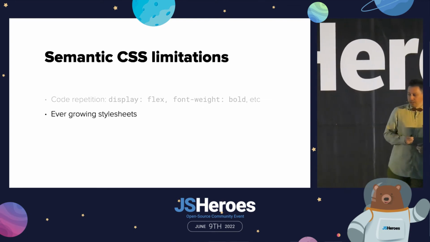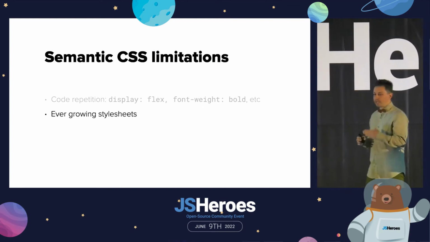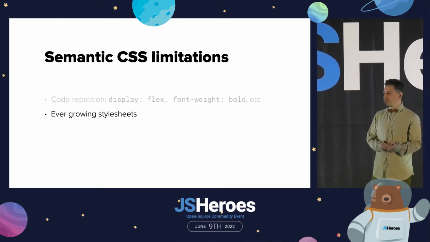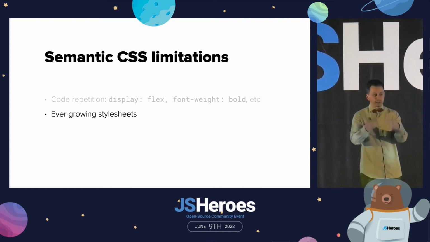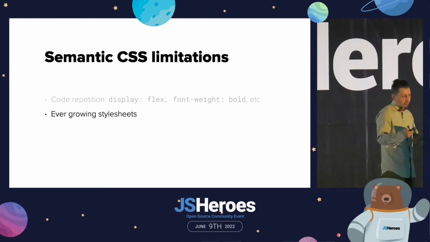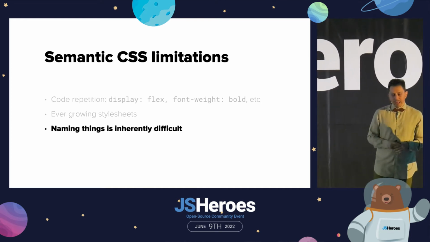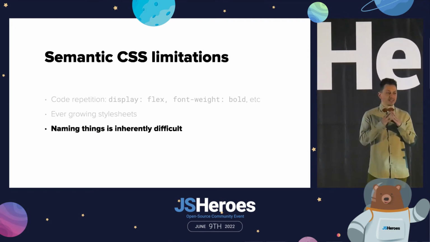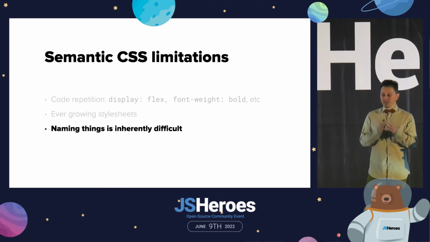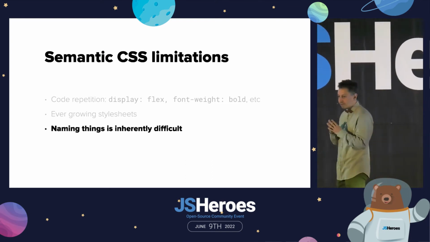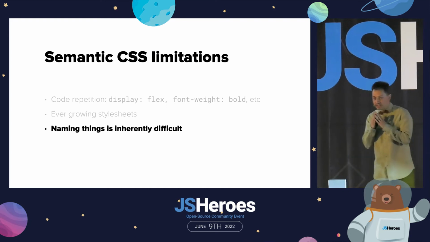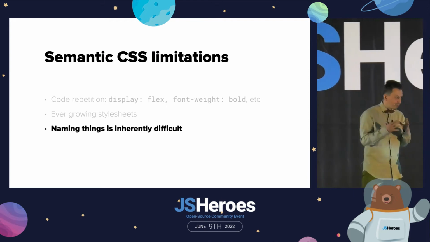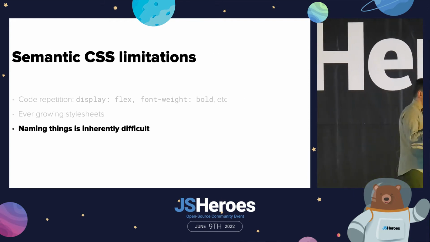Due to this duplication, our style sheets will keep growing indefinitely, right? And anytime we need to override some styles or we need to implement a new component, we will add more and more classes to our style sheets or definitions. And last but not least, and again, most importantly, semantic CSS relies on semantic names, on meaningful names. And we all know that naming is truly difficult, especially since we still have the same single global namespace of CSS. So we haven't basically solved the fundamental problems of CSS by now.